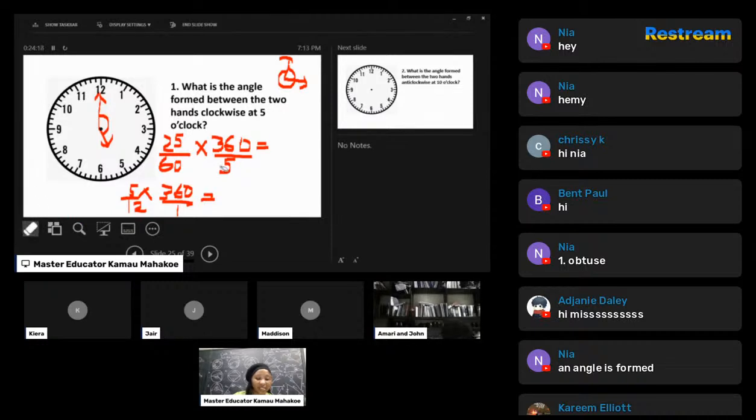So we can express it in terms of minutes or in terms of hours, but you'll see that the minutes cancel down to 5/12. 5 into 25 is 5, 5 into 60 is 12. So it's the same thing we're doing, right? And 12 into 360 goes 30. 5 times 30 gives 150. Am I correct? Okay, yes. So it's 150 degrees.